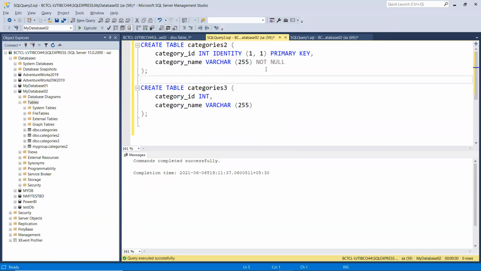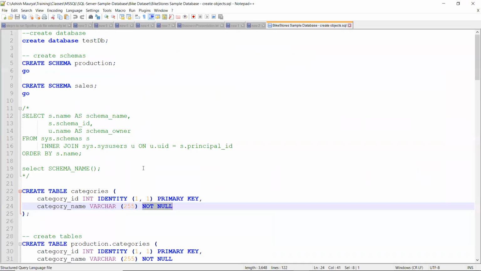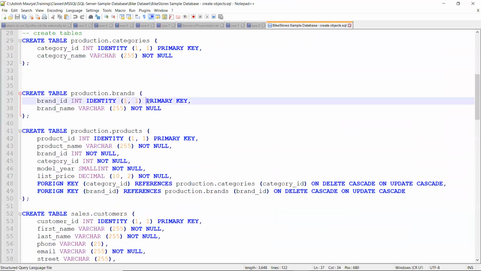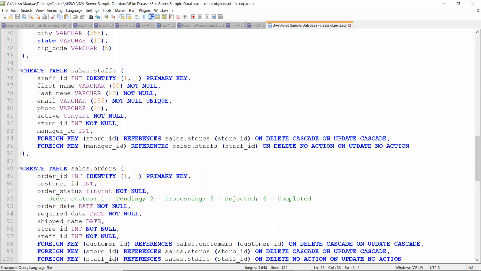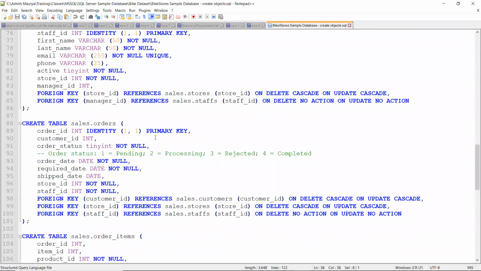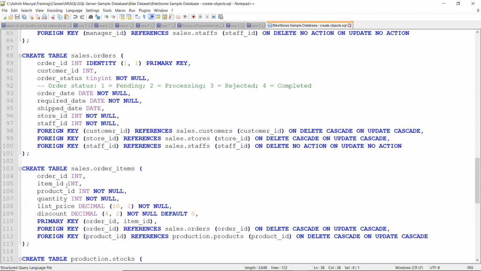That is why we have defined that this column, category ID, I want it to be coming from a sequence, and this will be my primary key for this particular table. If I just go to the queries, all the tables that we have, you see we have something called primary key, and something called not null. In some of the cases we haven't defined it here, but you can also define foreign key, or else you can define it through the database diagrams, if that is required.